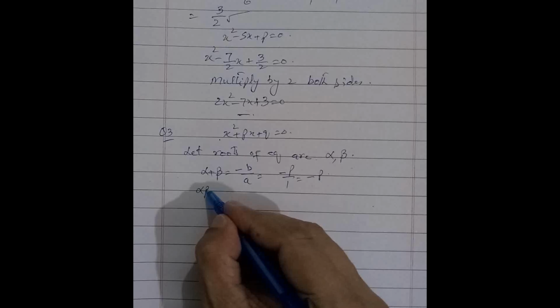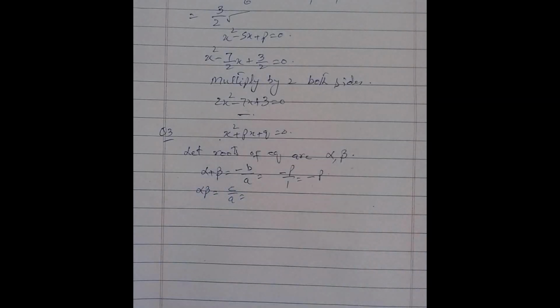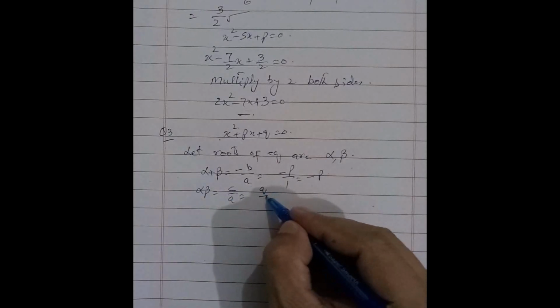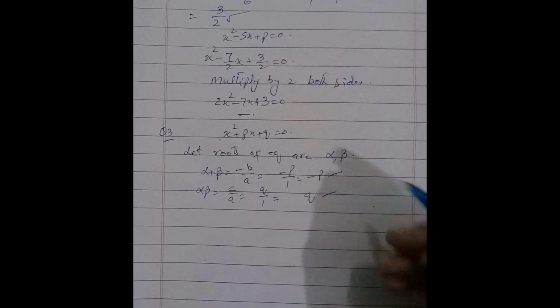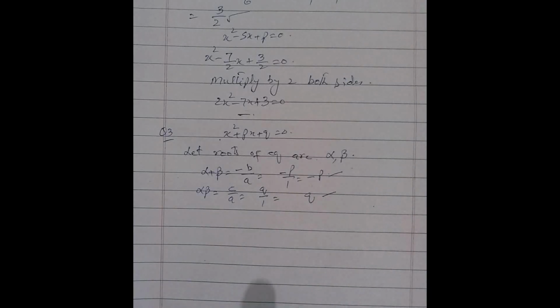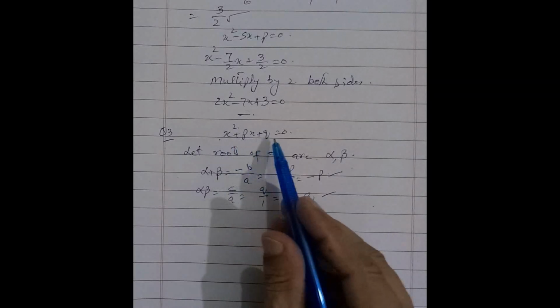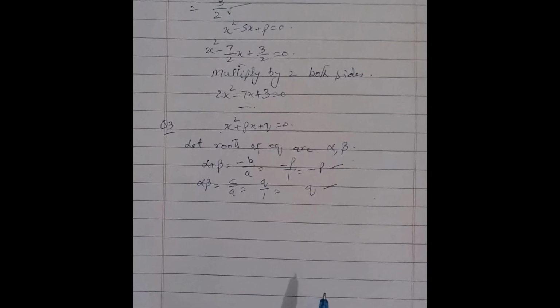And the product alpha beta is equal to c over a. Put the values of c and a in the equation. We have q over 1 is equal to q. It is the sum and the product of alpha beta of this equation x square plus px plus q is equal to 0. And now we find the equation whose roots are